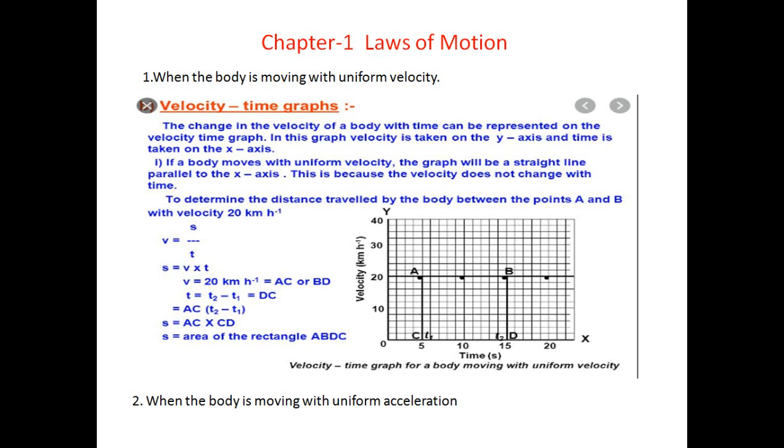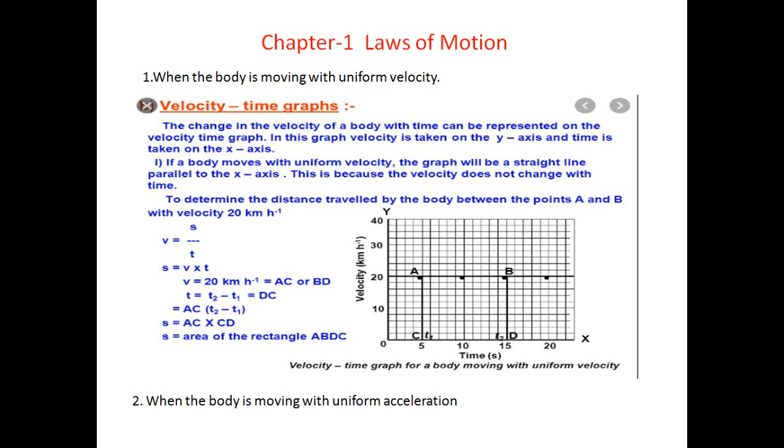First example is that a train is moving with a uniform velocity of 16 kilometer per hour for 5 hours. The velocity time graph for this uniform motion is shown in figure 1.7. Look into your book, the same example is given here, and the first question asks the displacement between 2 and 4. Here also we have taken two time intervals, 4 and 2. The exact time for which we have to calculate the distance is t2 minus t1, that is 4 minus 2. The velocity is constant here also, 16 kilometer per hour, so the displacement is equal to 60 into 2.